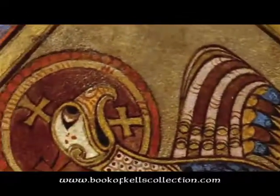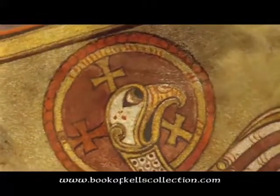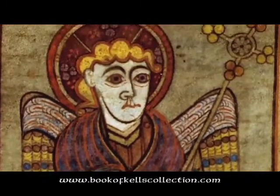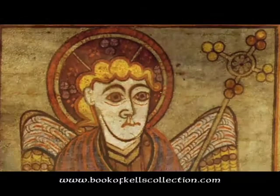out of the midst of the fire came the likeness of 4 living creatures. And this was their appearance. They had the likeness of a man,